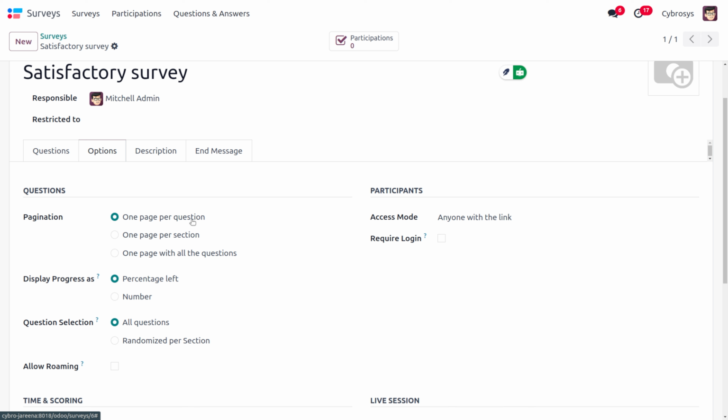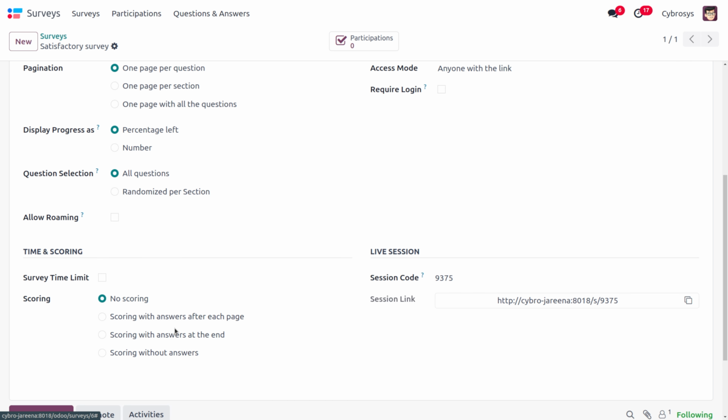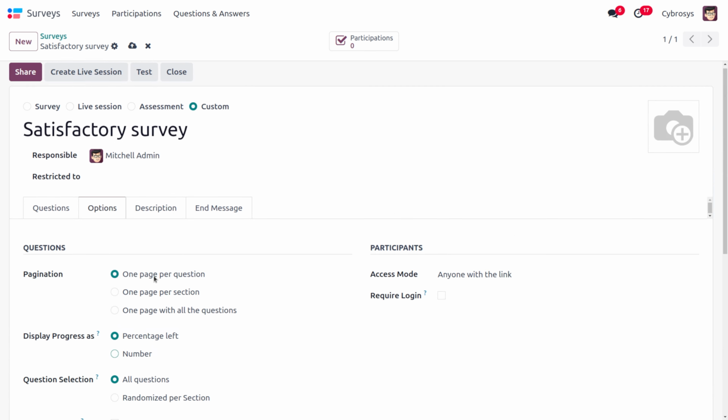So in each page, only one question will be there, and display progress over here. We also need to get all question selections, and we don't want to provide any scoring for this. We can also set the limit for this. It will be 10 minutes to attend the survey.